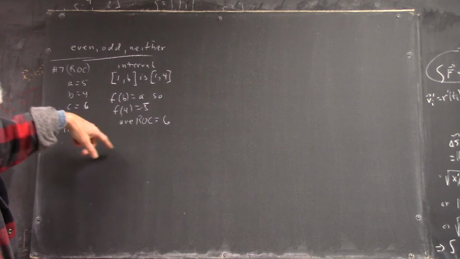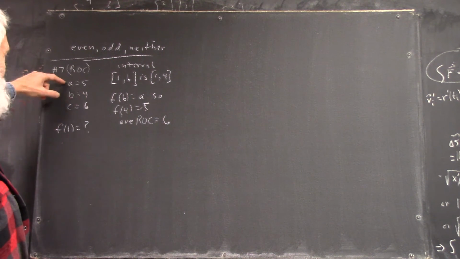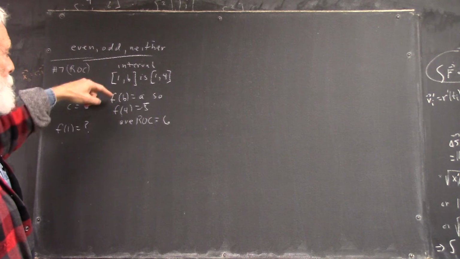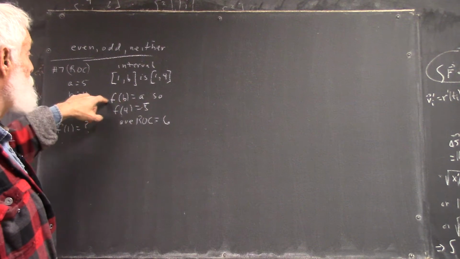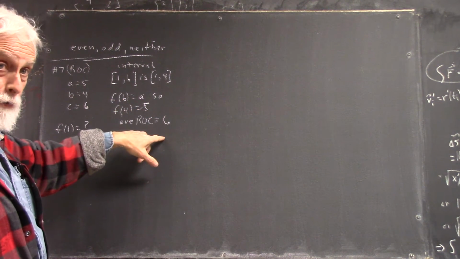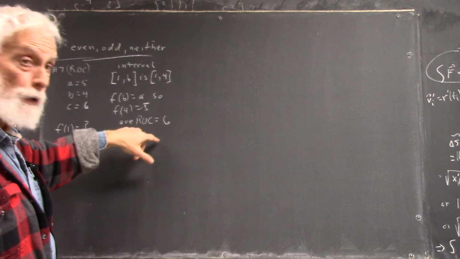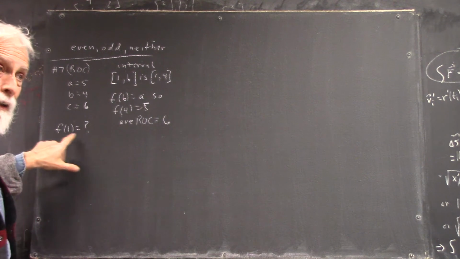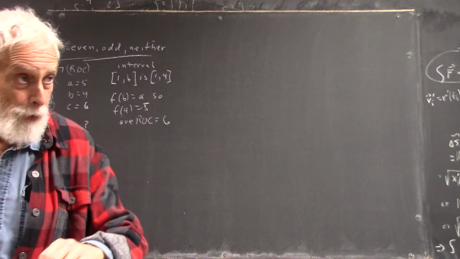You're given an interval, and we got the A, B, and C, so you plug in your A, B's, and C's, but you end up seeing that your interval is from 1 to 4, right? F of B, well, F of 4 is 5, and the average rate of change is 6, right? You haven't seen a question like this, because the question is, what's F of 1? Now you got to know what the function notation means, and you got to know what rate of change means,